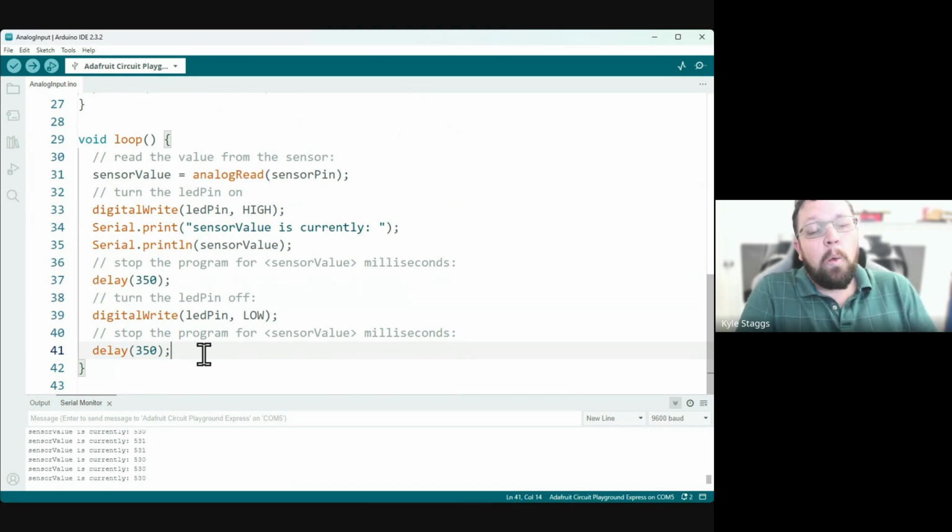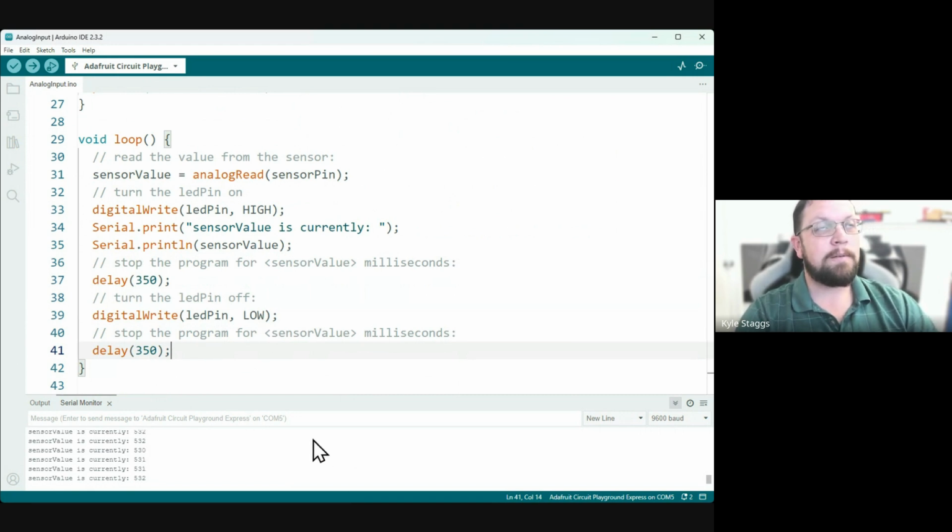In one of the Playground Express libraries, there is a function that helps with this, but it's not really going to help in the way that you think it is. So we're going to do a quick step in